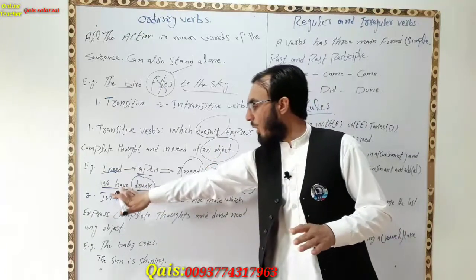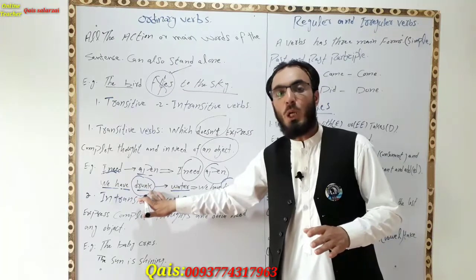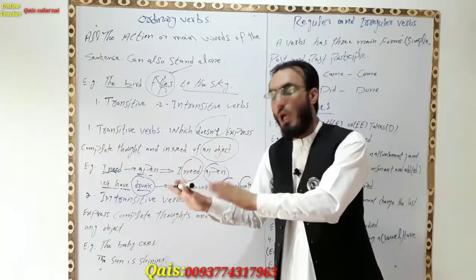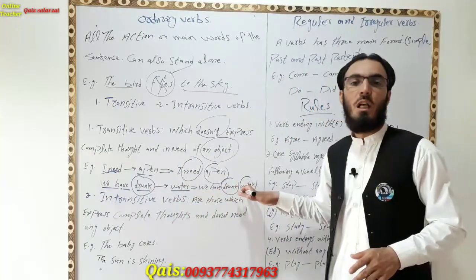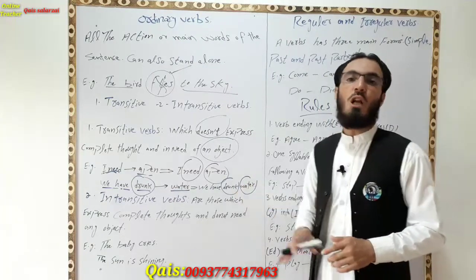Even though we have a modal auxiliary, a subject, and a main verb, it is not producing a complete meaning. For a complete meaning, it needs an object. When you place the object water with this, we say "we have drunk water." Now the meaning is clear with the help of this object. This is called a transitive verb.